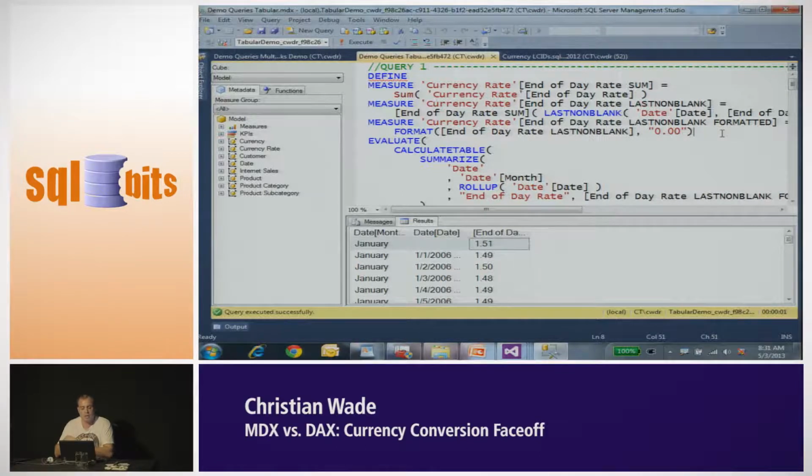3 separate measures. We would only actually expose the last one to the users. And that's just a best practice for debugging and readability. So the first thing we do is sum end of day rate, which doesn't make any sense. Then we're using the shorthand notation of the calculate function to apply this last non-blank function as a filter to the calculate function. So this would have been exactly the same as saying calculate, open bracket,